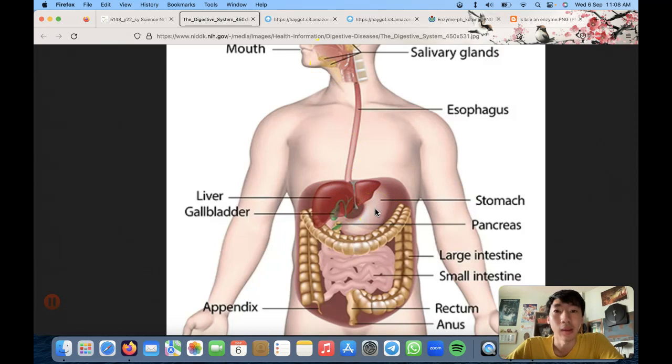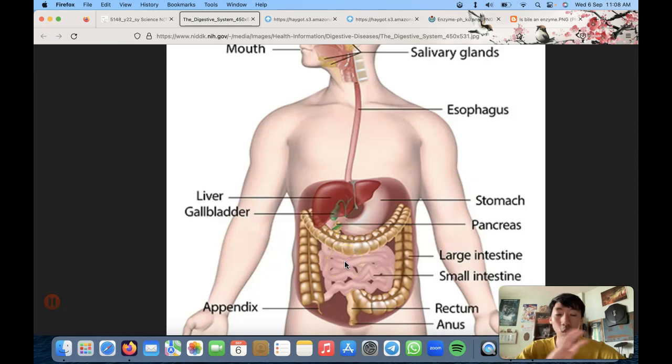Not all lah, right? How long does the food spend in your mouth? How long does the food spend in your stomach? Not very long. Mouth maybe 10 seconds, you chew and then swallow already. And then for the stomach, maybe it takes about 3 to 4 hours, and then it moves on into your small intestine. So actually the digestion is not complete. Let's say you got 100 grams of protein in your stomach. Only maybe 50 or 60 grams of the protein is actually digested in the stomach. The remaining, whatever is not digested yet, has to be digested in the small intestine.